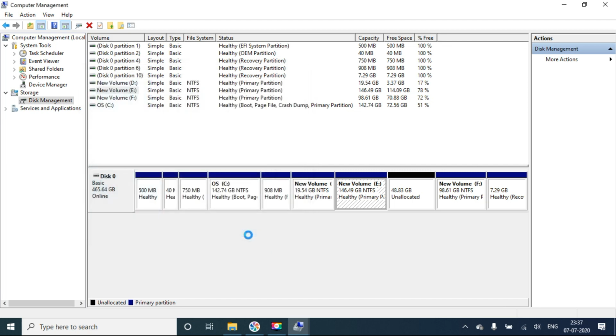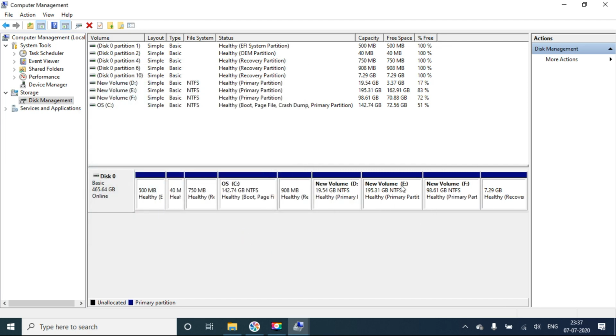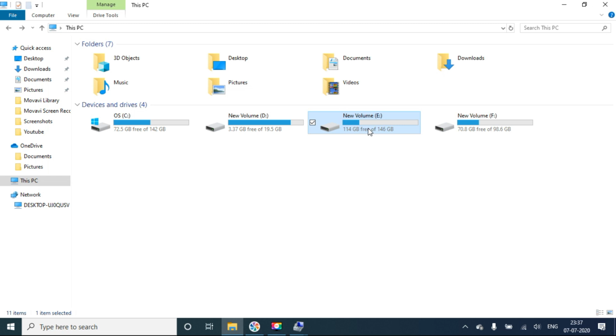I'm going to merge the full memory which is available as unallocated. Next and Finish. So that G drive is gone, and the E drive has got the new memory back, meaning the new drive has been deleted and its memory has been added to the E drive.